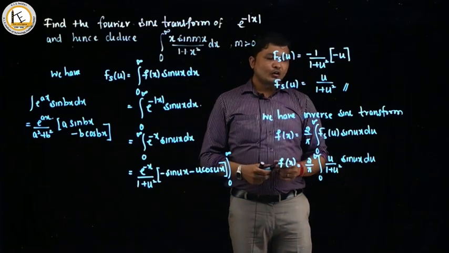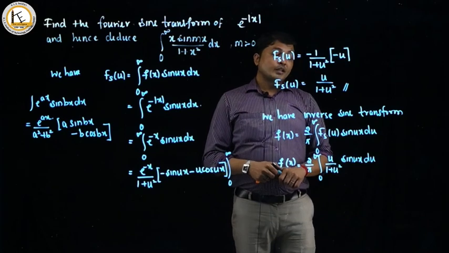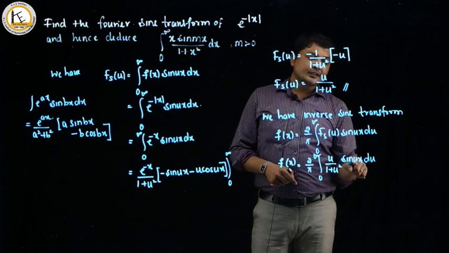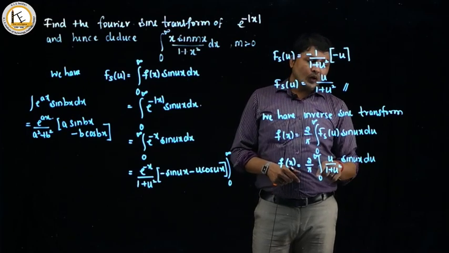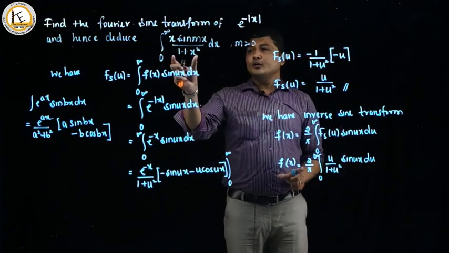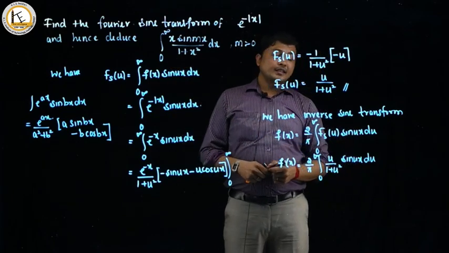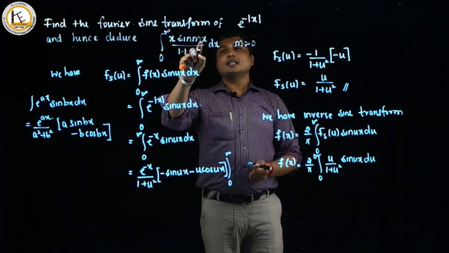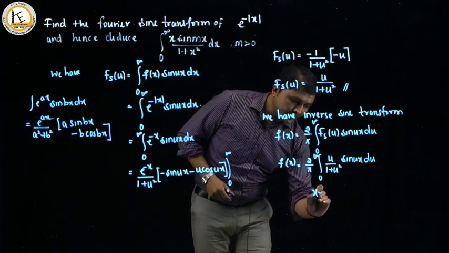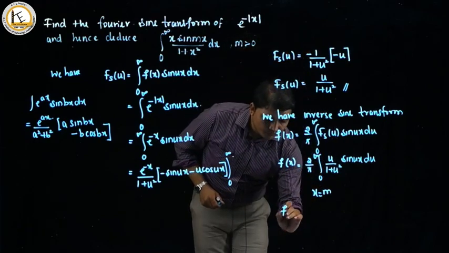in this step we are not going to substitute, or replace u as x directly. It is because if I replace here u as x, it becomes sin x square. Therefore what we need to do is, first in this integral, to reduce it into this form, we replace x as m first, because here we are having sin mx. Therefore to get this m we replace x as m, and it becomes f of m